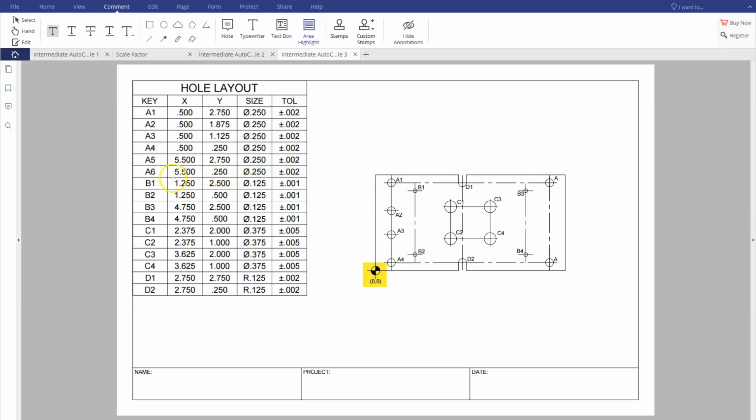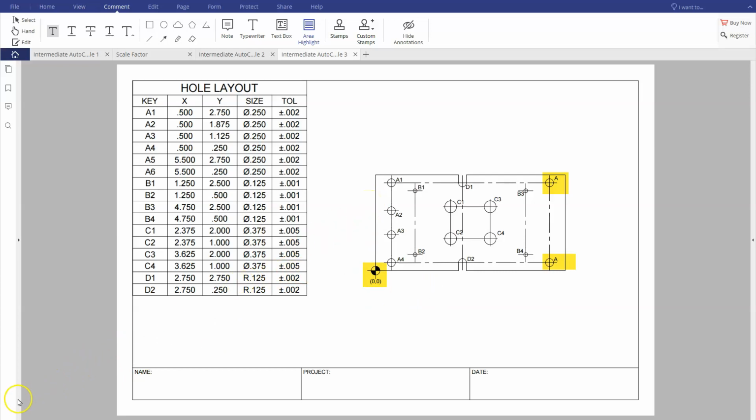You can see there are some missing dimensions on this one. For example, our A6 and A5, they're just labeled as A's. But you should be able to tell from the dimensions that you see here which one is A6 and A5. And we'll do that in the drawing and make sure that we adjust that correctly. Okay, let's go ahead and switch on over to AutoCAD, and we're going to continue right where we left off